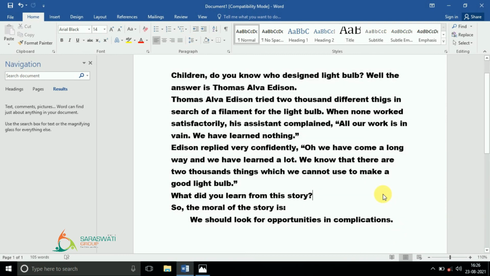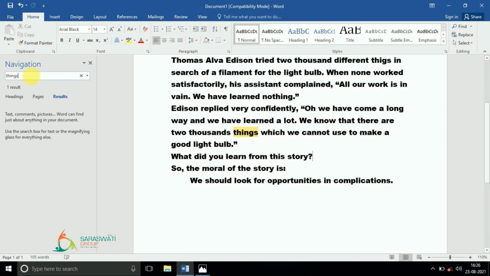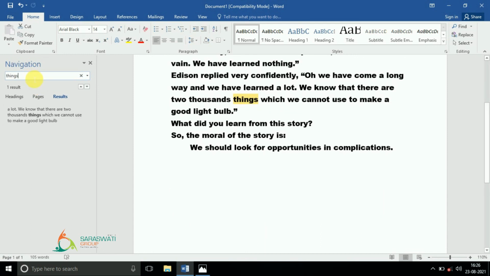But imagine a document of 20 pages, and from that document I want to search out certain words. So how will I search them out? Let me start with one word. I will start searching "things". I don't know where it is. As and when I have written it here, you will see that it is appearing,